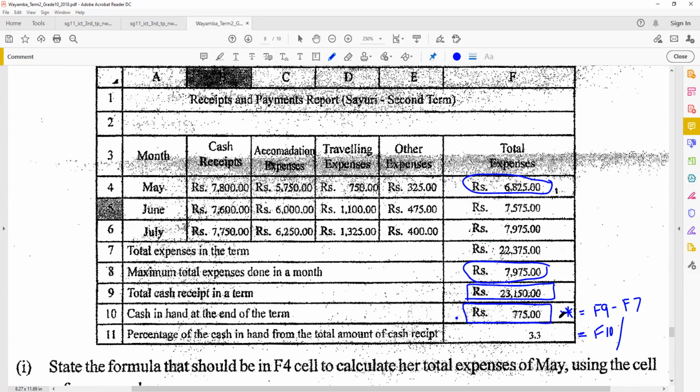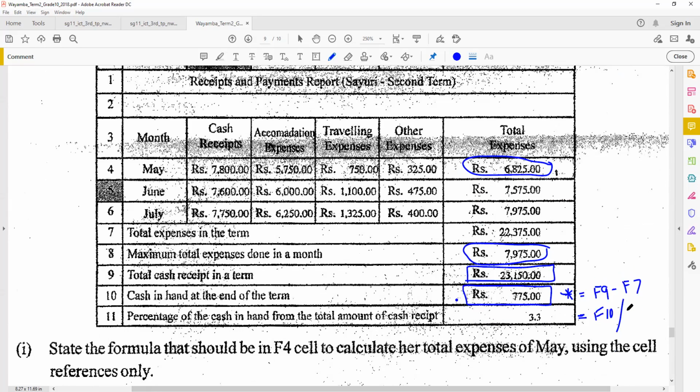So that means F10 divide by F9. Yes, then you have to multiply by 100. Okay, so I got the correct answer from Achira only. About the others,